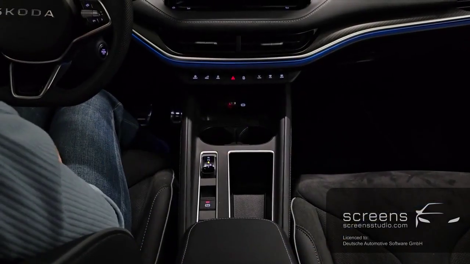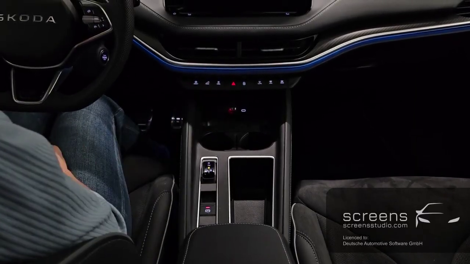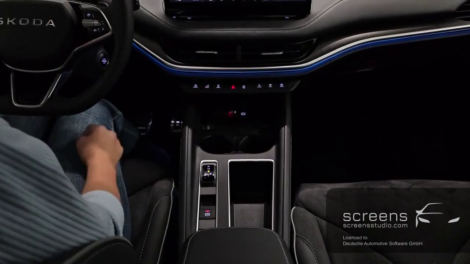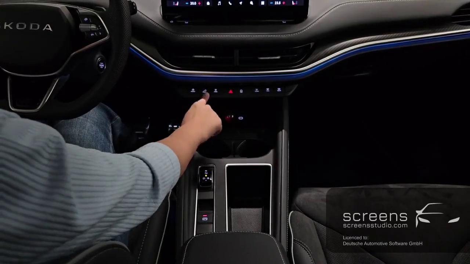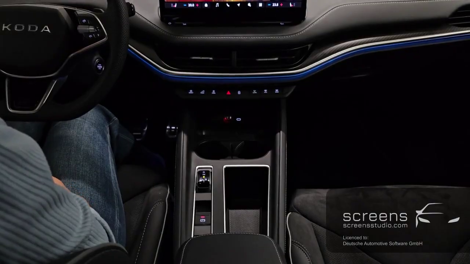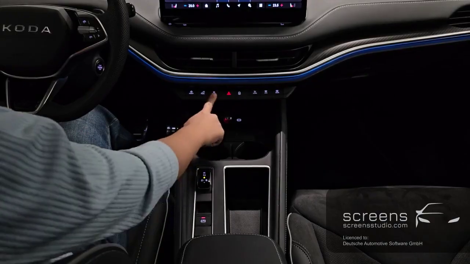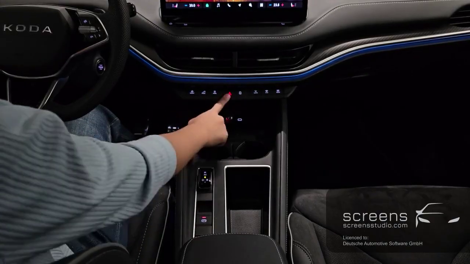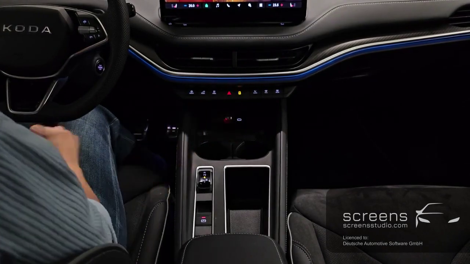Moving down, for the center console, we have quick access to travel assist, quick access to drive modes, which we can press to switch between each one, quick access to park assist, hazard lights, car lock,